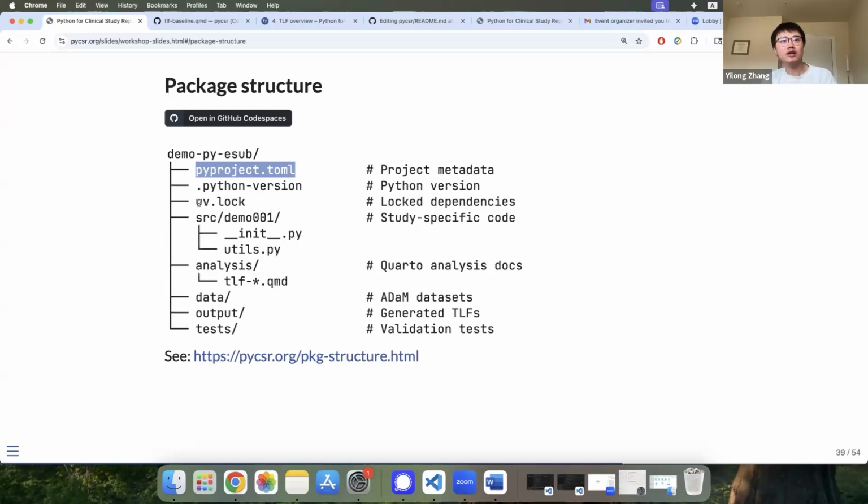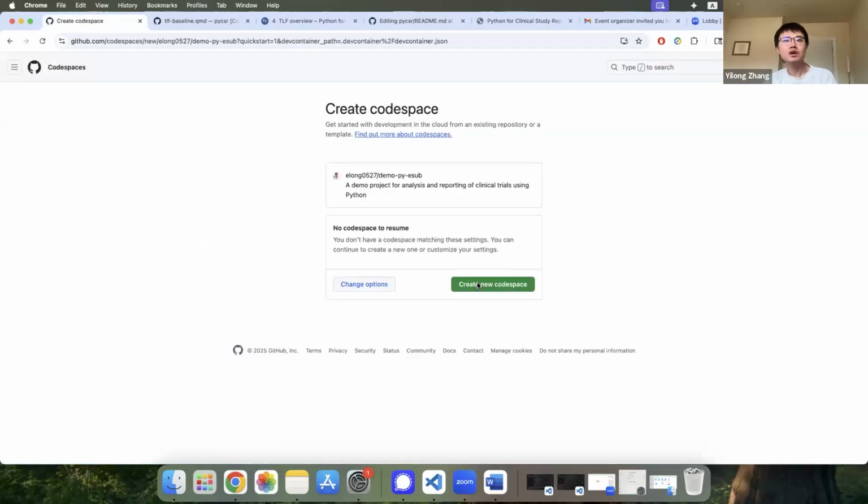And the uv.lock is a lock file to say, hey, if we want to port this code from one place to another, we can reproduce the running environment using UV. And you can also open another GitHub codespace. So that's our demo project.